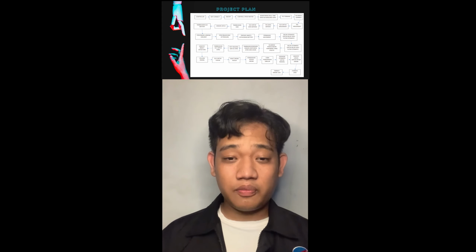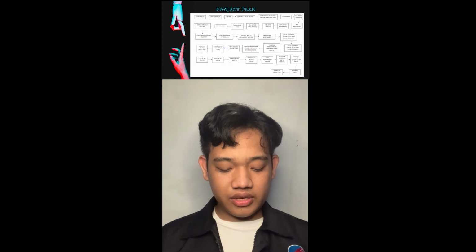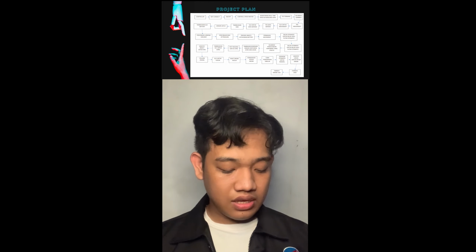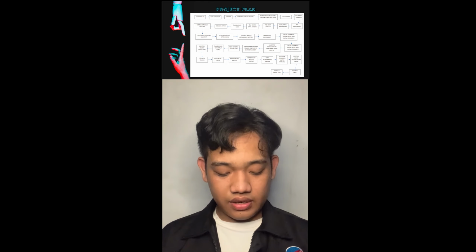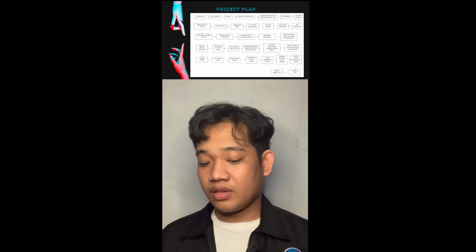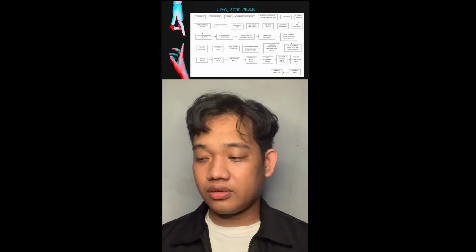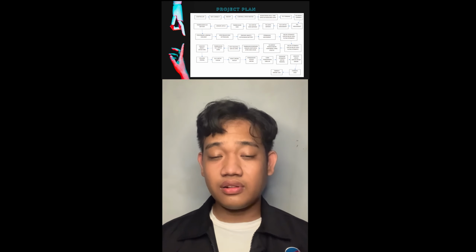This is our project plan for this swarm drone. We already made some progress. We are still at controlling the speed of the motor. We already made the GUI for the controller, but the controller still doesn't work at all.